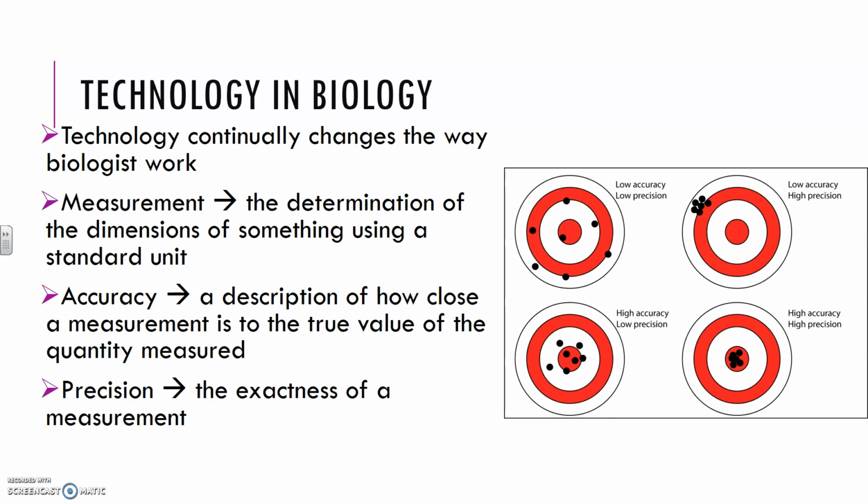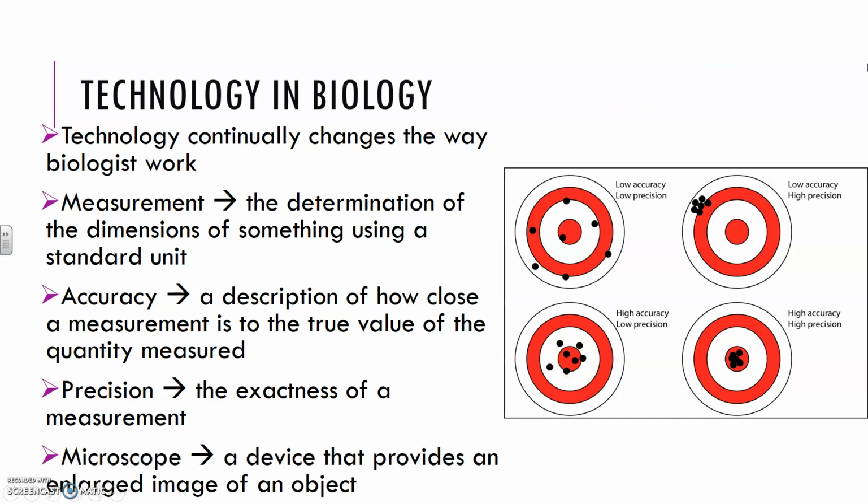Okay, so again, you have this here where you have precision when they're all grouped together like they are in these two targets here. And then you have accuracy when your hits are basically grouped around the bullseye. Okay, and basically these values kind of average out to be within the bullseye. Okay,